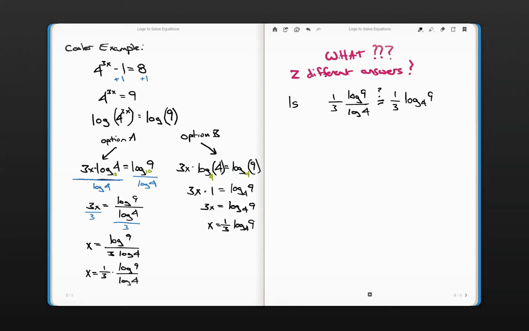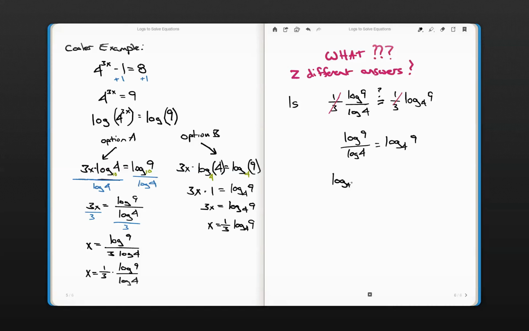Well, 1/3 and 1/3, right? That's easy enough, so I know that works out. We'll use the red pen of cancellation. Those are okay. So now we're left with the log of 9 over the log of 4 equals log base 4 of 9? Sure it is, right? This is the change of base. If I want to change the base, like say I want to go